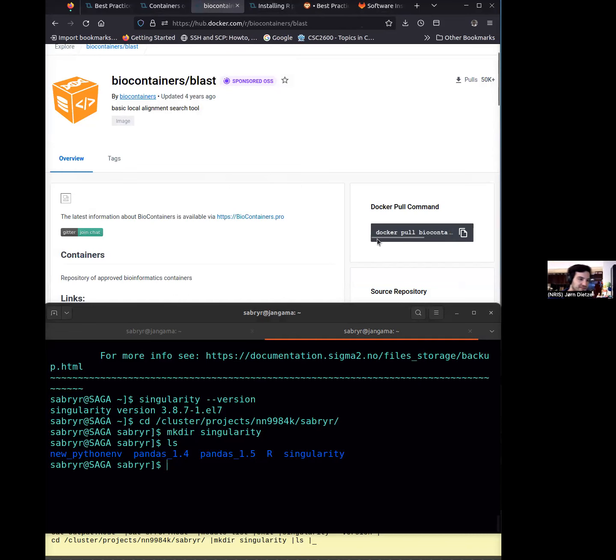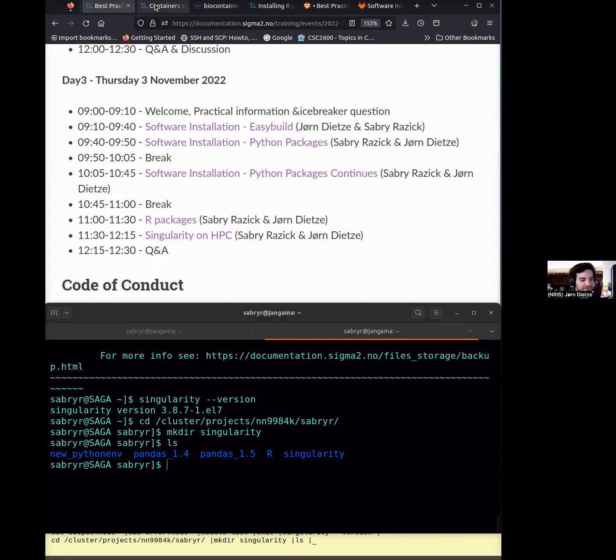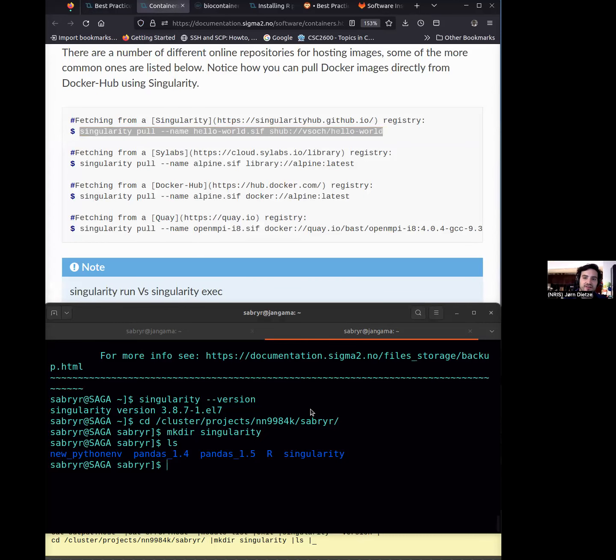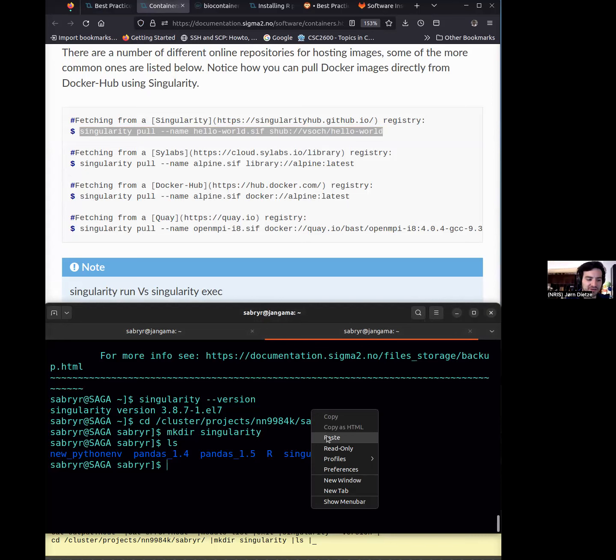But if you change this Docker to Singularity, it will work. I think maybe you should mention, like on HPC systems, usually Docker is not available. This has to do with admin rights and stuff, but usually Singularity can often be used as a drop-in instead of Docker. They are very similar. Correct. Yes. So these are different technologies to use containers, and Singularity is more suited for an HPC system.